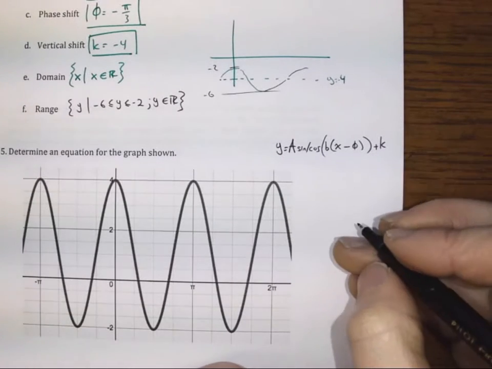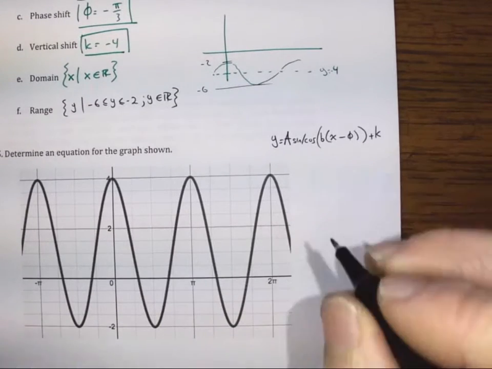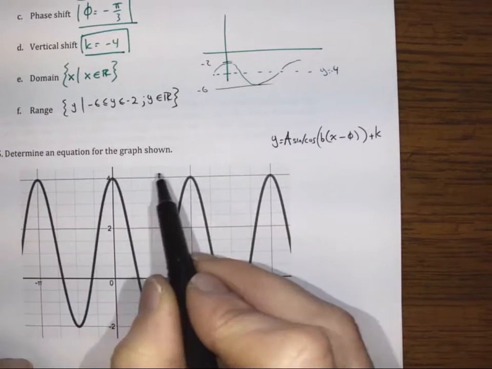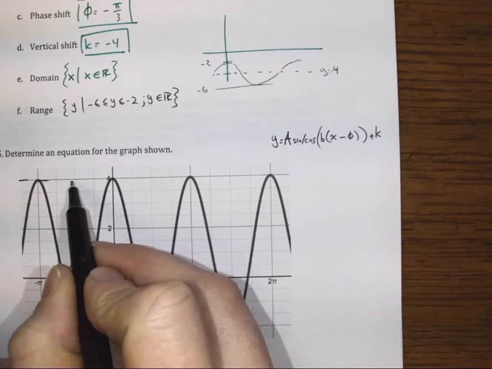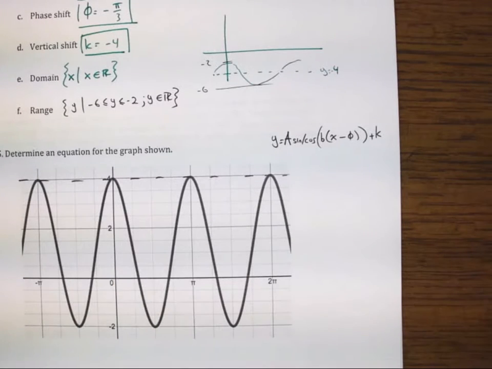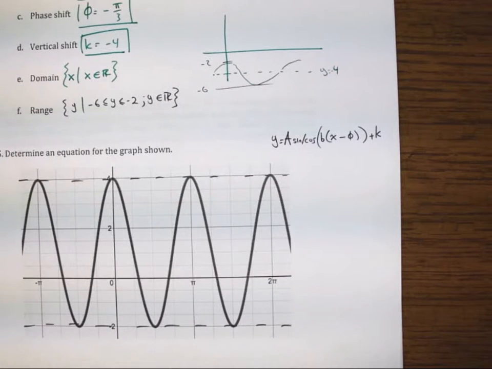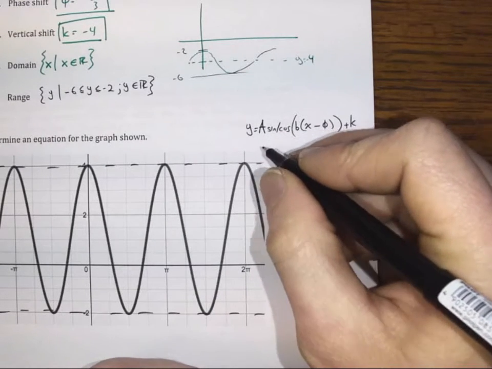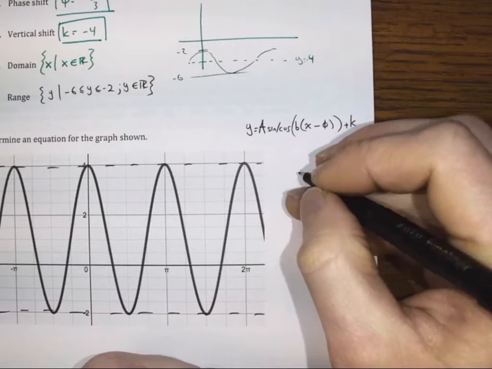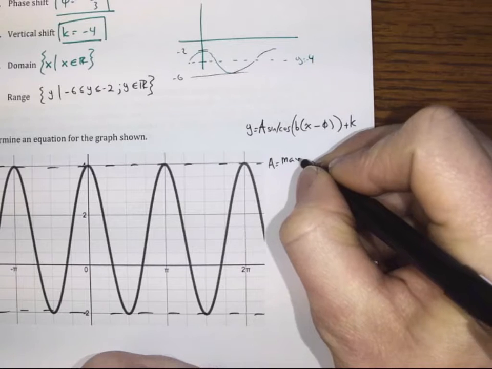So we talked about some values that were easier to find than others. So it's good to identify maybe a middle line, the highest point, the max, and the min. So the max here looks like it's at 4, and the minimum's at negative 2. If I take my maximum and subtract my minimum, and I divide that by 2, I should get the amplitude. So the amplitude is the max minus the min